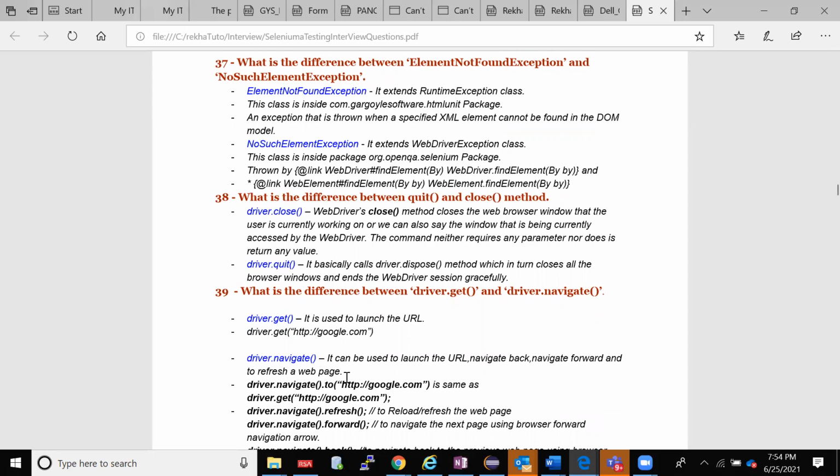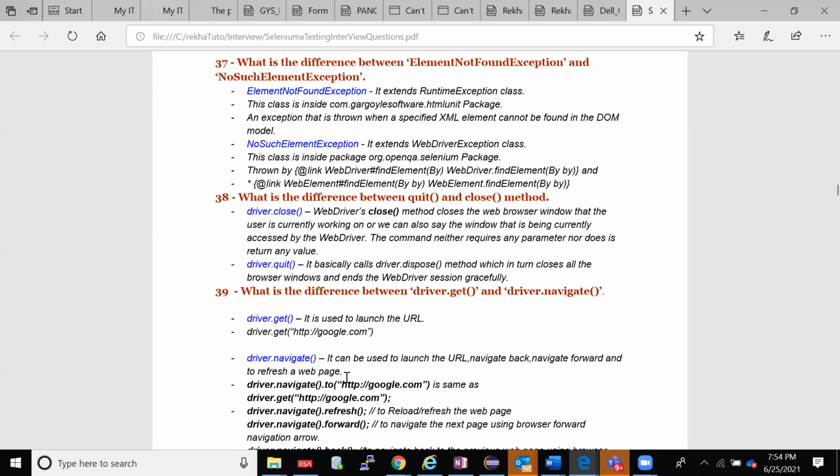For example, think your application is like Amazon. Okay, you are testing on that and there is one link, and your test case says you have to click on that link. After clicking on it, you have to verify whether some elements are there or not. Okay, how do you do that?